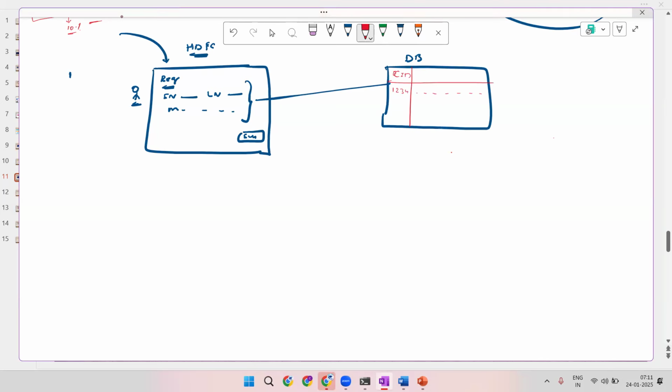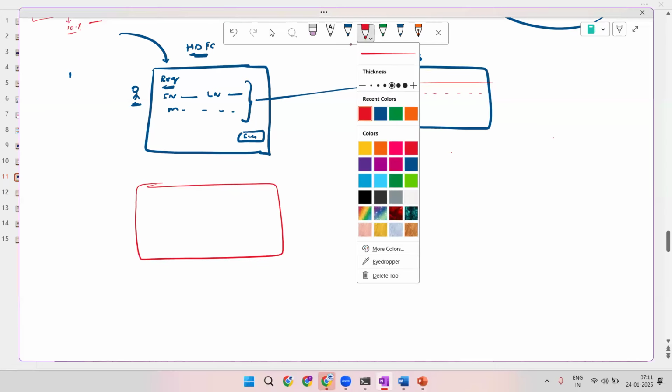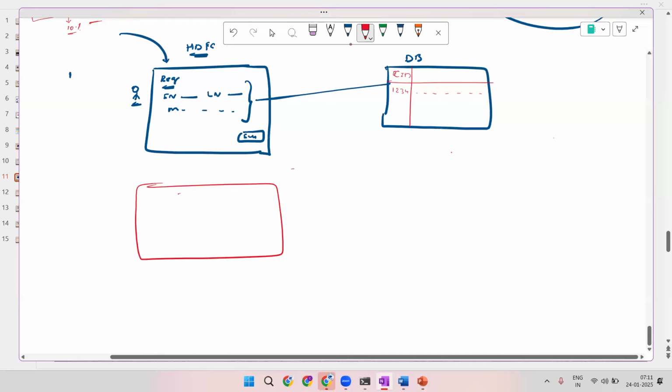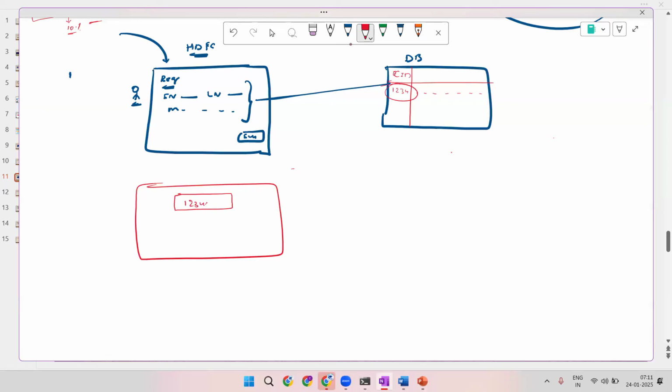Maybe the next day, or maybe after 1 week, he's coming back and saying, my activation is not yet done. So what I'll do, I'll just ask for his registered ID, right? I'll just search for his number. And if I click on submit, it is trying to hit the table and getting back some information based on which I'll proceed further. So scenario number one here is our application interacting with our own database,